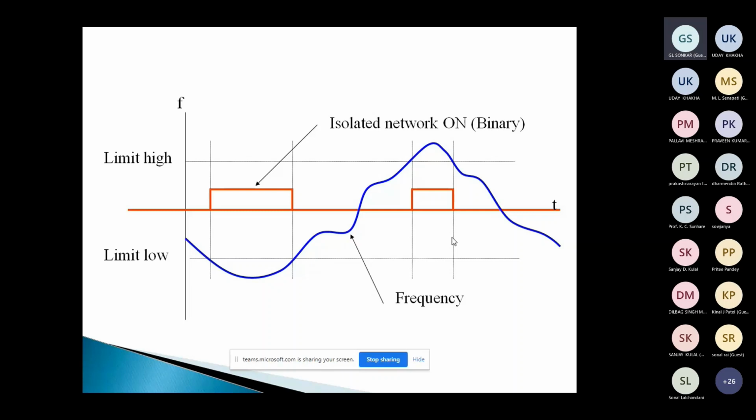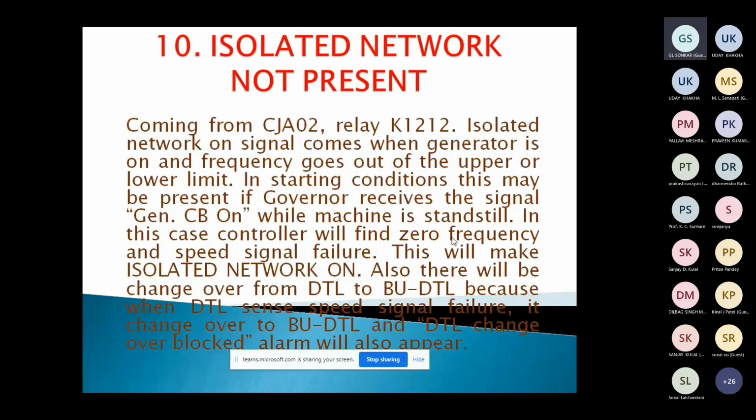But sometimes, during the starting condition, when the machine is in the standstill condition, you are also having an isolated network, but normally it's not present. If this is present, you cannot start the machine, because I told you all the 52 conditions are given again to the AND gate. The AND gate output is given to your ready to start button. If one of the conditions is not satisfied, this one is not glowing green, so the ready to start button will not start. You cannot start the machine.